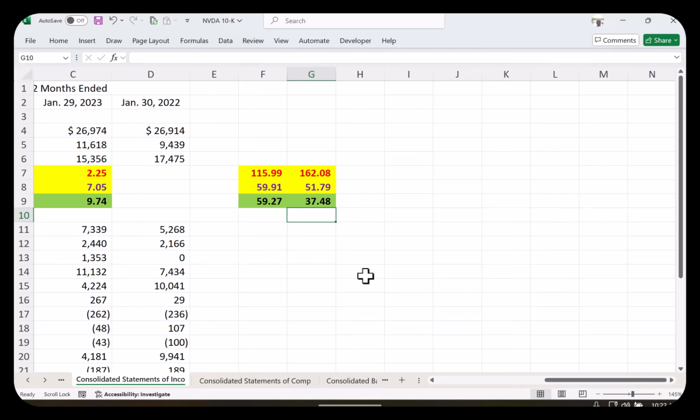So in this case, since they have exactly the same information, I'm just going to look at the days' sales in payables because it's easier to interpret. Back in 22, it took NVIDIA about 5.5 weeks to pay back their payables. Now they're using about 2 months. So in that sense, things have gotten worse. But you don't want to judge these things by themselves. I mean, in 2022, it took them about 50 days to get their receivables, but